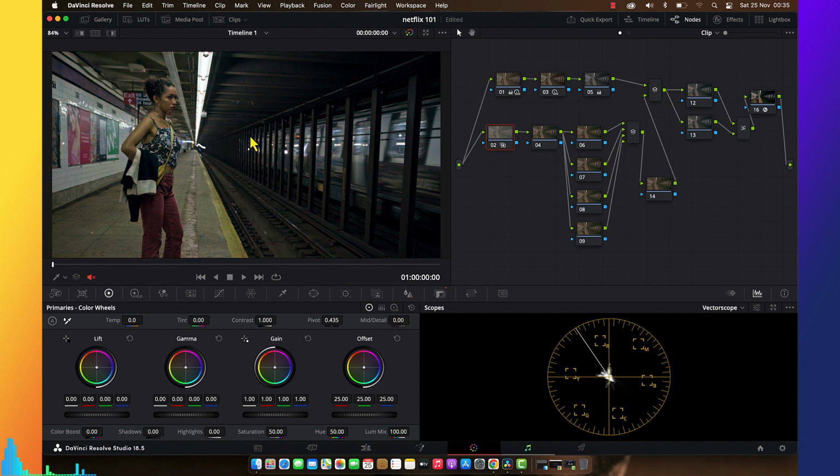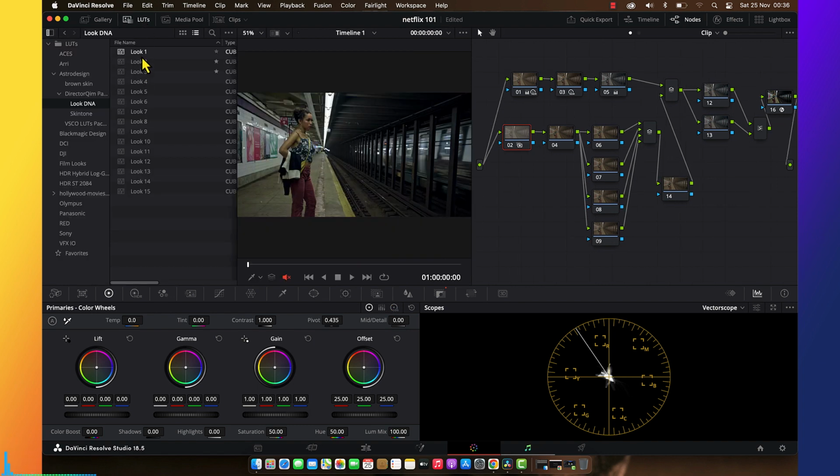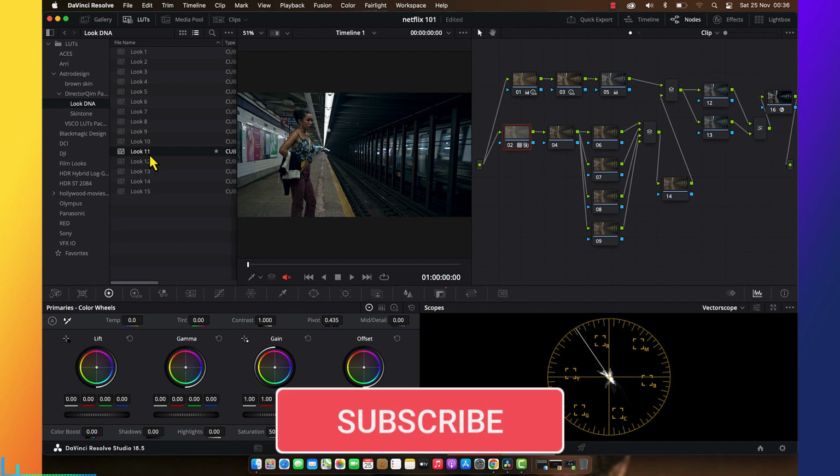But if you are a beginner, you need to know about color from scratch. I recommend you get the Masterclass so that you can know how to create a look like the one that I did, very simply, with very nice separations and very nice grading. But also you can buy my looks, so it could be a quick thing for you, just like this. You see the way it works for me. You see different looks, different looks. So you can apply them there,